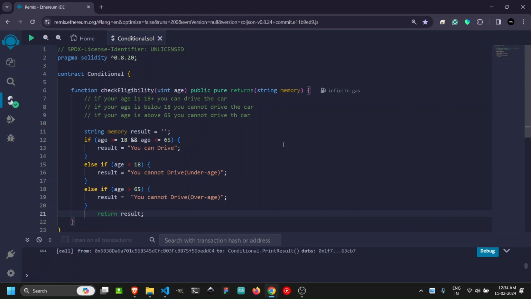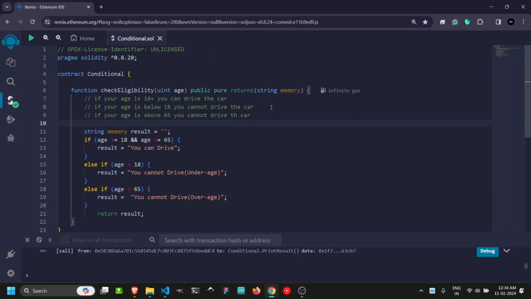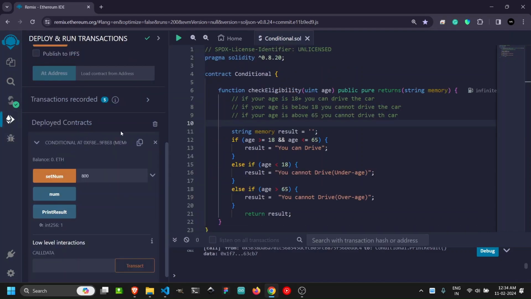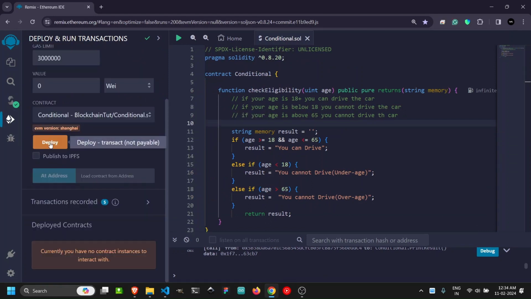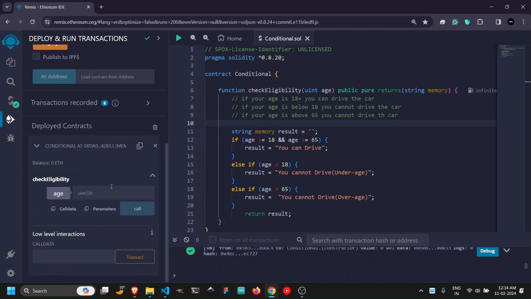Okay, so just getting back to our example. I think our function is ready and our contract is ready to deploy. Just open this tab, delete the previous one, click on deploy. So now here we have our single function which takes one argument, age, an unsigned int, and returns a string. So let's quickly write here